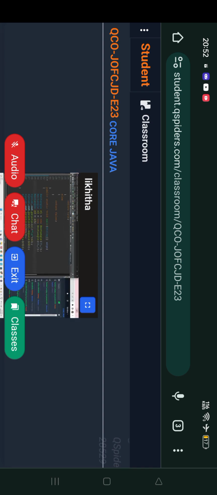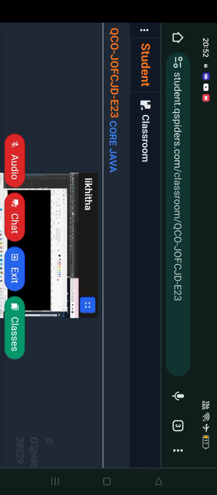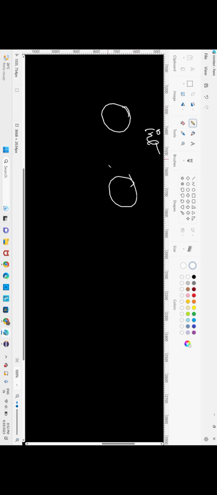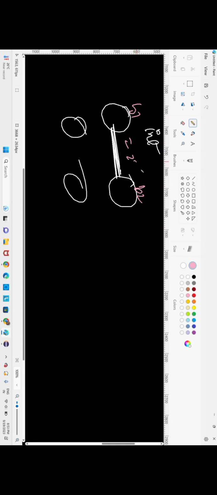Next, we shall go for today's last method, that is the hashCode method. I'll just tell you what is the use of hashCode. See, hashCode is like extra, like an additional validation you can do. The return type of hashCode is int. So equals method, suppose some two objects are matching, like b1 equals b2, if it is matching,